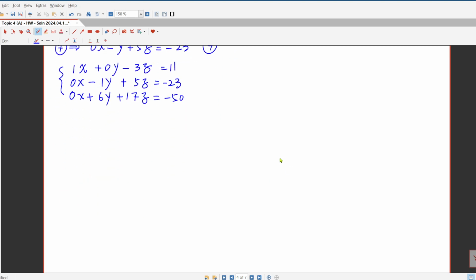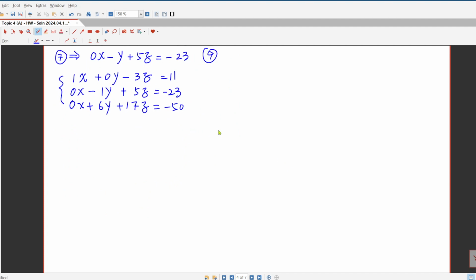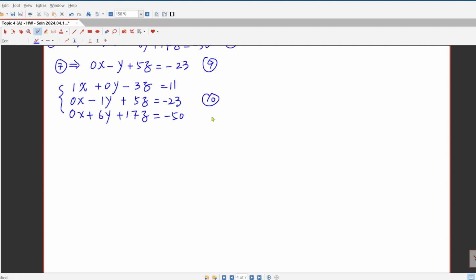And then from there, we can further eliminate y, right? So let's call these number 10 and number 11. We can just keep the first one unchanged, just leave it there. And then use number 10 times 6, add it to number 11. So this does not change the second equation, but the third one changes to 0x, then plus 0y,